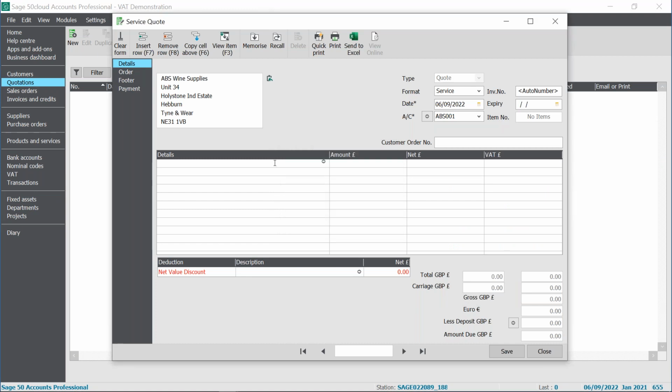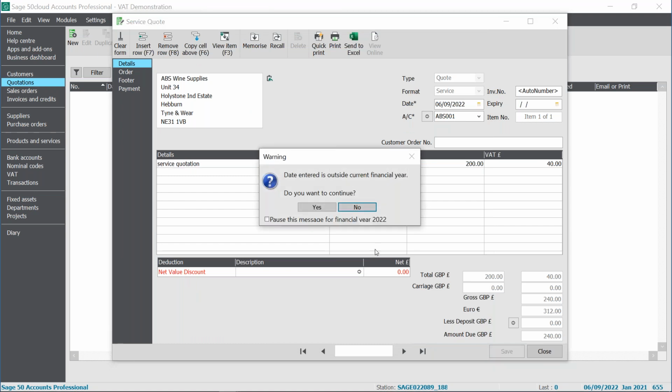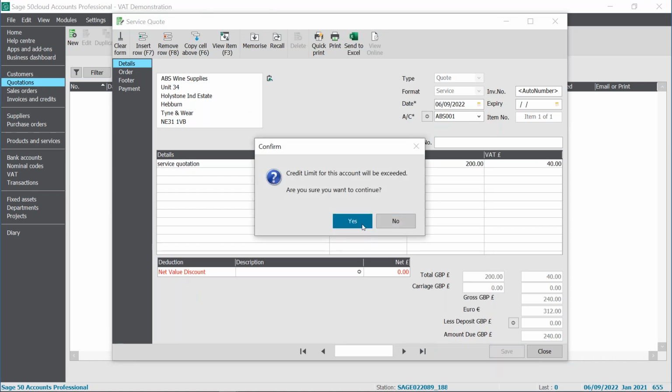And I'm just going to pop in some details. So as little or as much as you like. And again, just remember to go into edit item line. That allows us to pop the details in there. And if we save, now what this will do